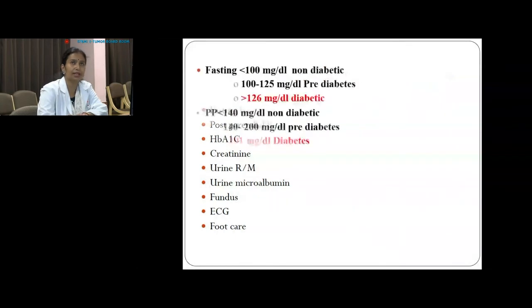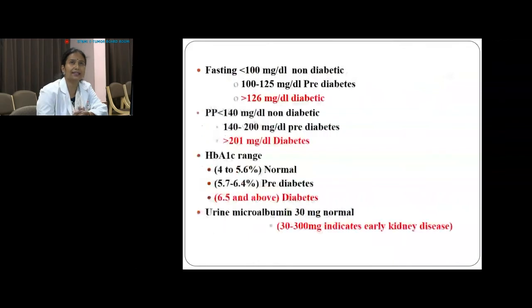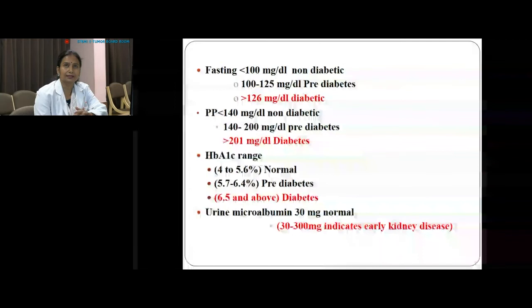If a person has fasting blood sugar of less than 100 mg per dl, the person is called non-diabetic. Fasting blood sugar of 100 to 125 mg per dl is pre-diabetes, and more than 126 mg per dl is called diabetes. So the number is very important. First, for